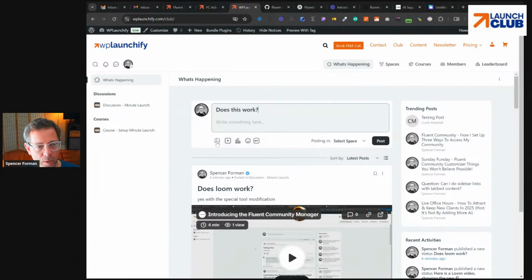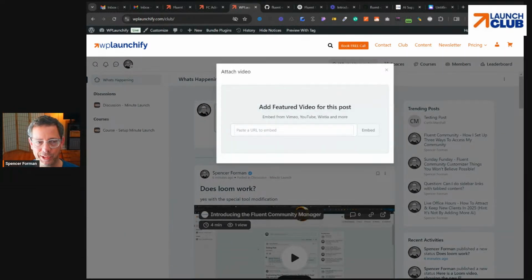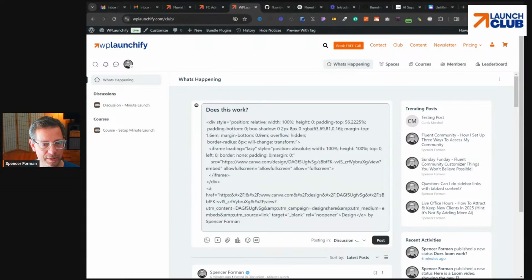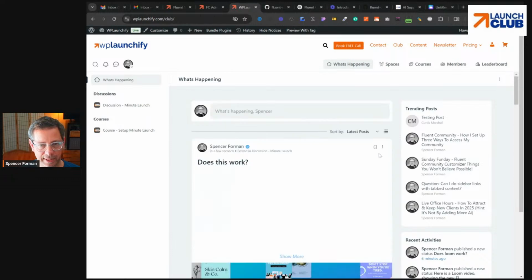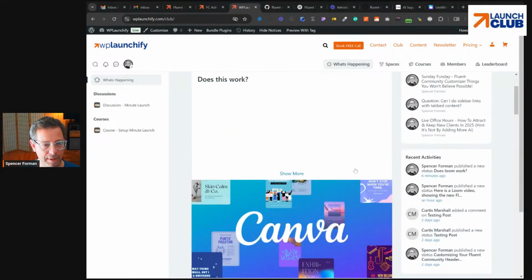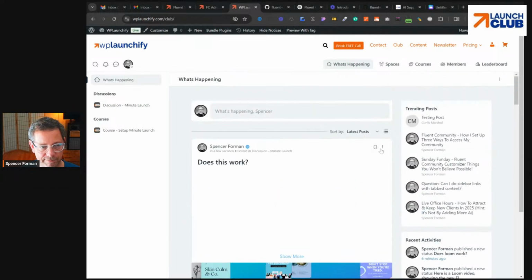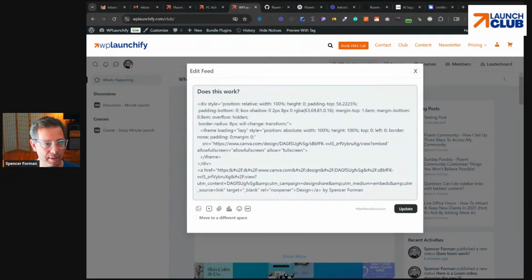Okay. I don't know which of these things is supposed to be used for embedding. So I'm going to try to hijack. That's not going to work. I'm going to try to hijack. I wonder even how I'm going to do this. I want to hijack the ability to embed something directly into the feed. And let's see if I post this, what happens. I know it's not going to work. Yeah, it shows obviously this weird Canva, like it's the shell. Let's see if I can get it to work another way.